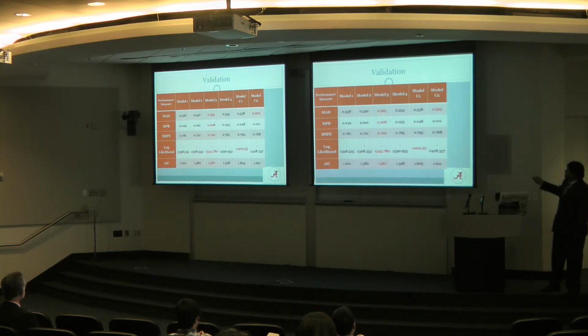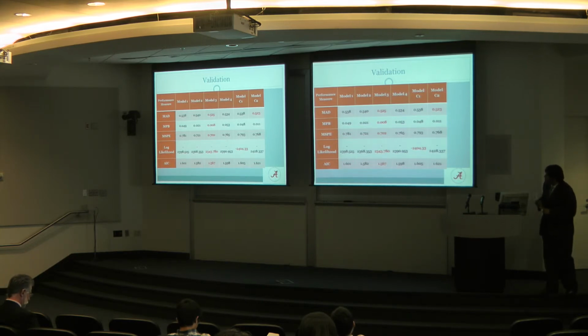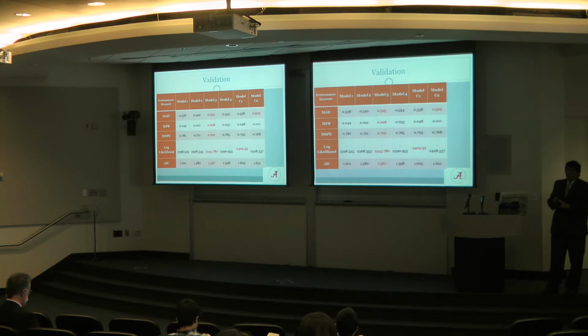I think if anybody does it correctly, it has to be like this. But the interesting thing to see here is the comparison of models C1 and C2. You see our model does not do well with the statistics which are used in the Highway Safety Manual. Again, the problem is those statistics are related to the mean: the first three statistics, mean absolute deviance, mean prediction square error, and mean prediction bias. So these are all related to the mean. But in the last two statistics, our model is doing better. Those are probabilistic statistics based on the distribution, and those are log likelihood and AIC.